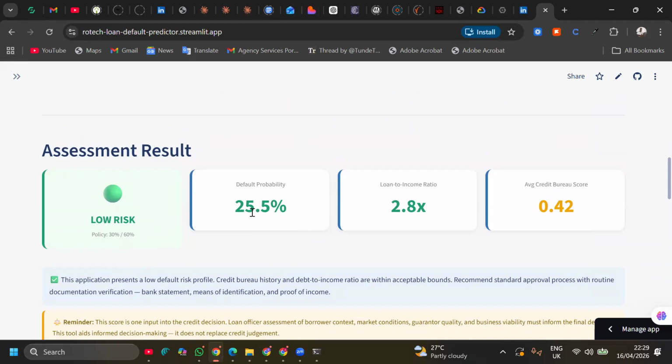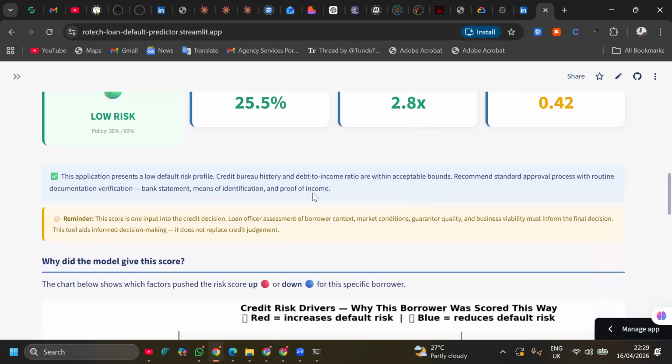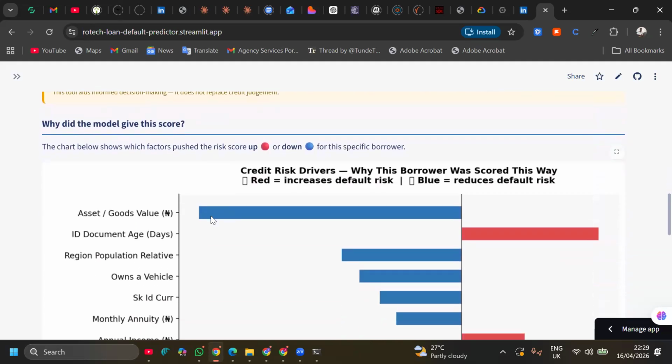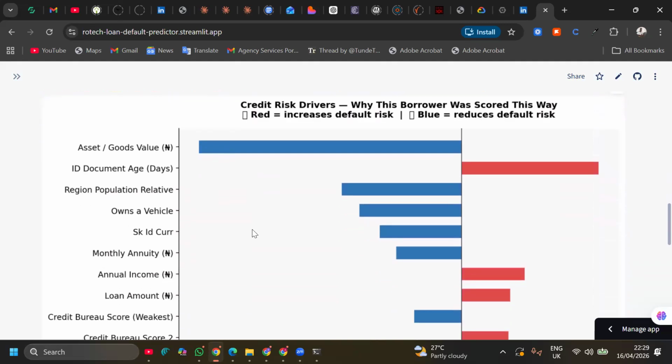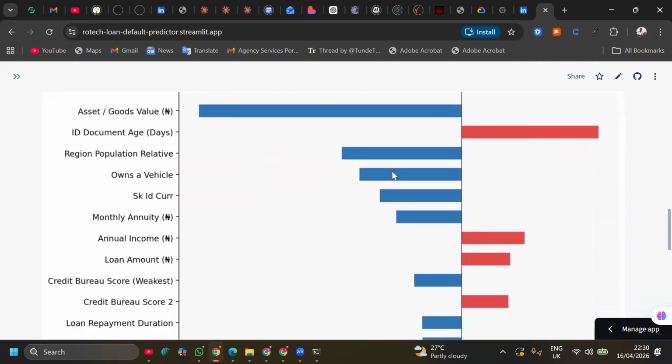This is depending on the threshold that you've actually set for the organization. Then the loan to income ratio is 2.8, which is also fair. So like I said, this application presents a low default risk. It's just trying to explain what we have up here. Then this is now trying to tell why the loan will be approved or why the loan will not be approved. Okay, so because this person owns a car,